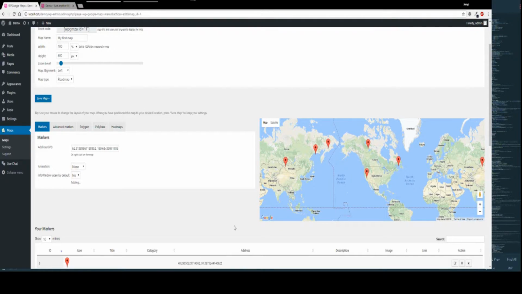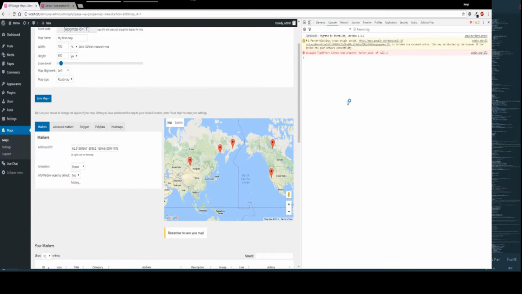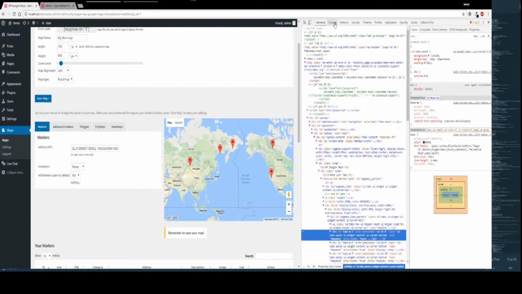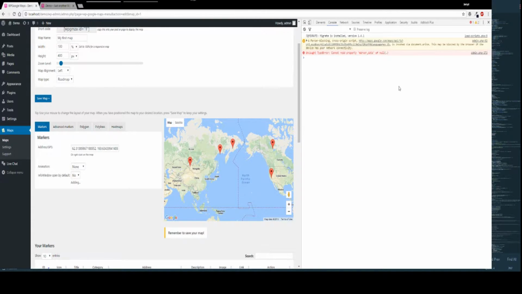So your first step in debugging this kind of thing is you're going to want to right click on the page and either click inspect, or if you want to use a keyboard shortcut you can use the F12 key or the Control-Shift-I combination. So by clicking that, I'm faced with a JavaScript error after I click on the console tab,